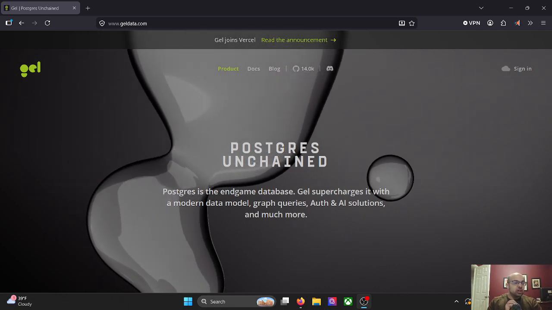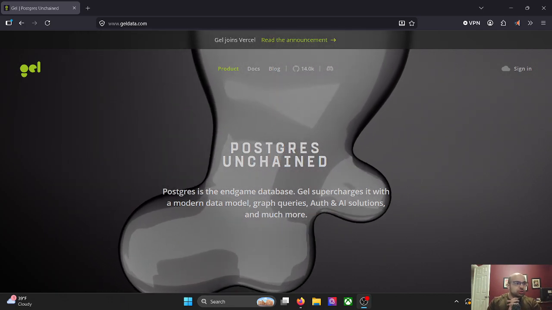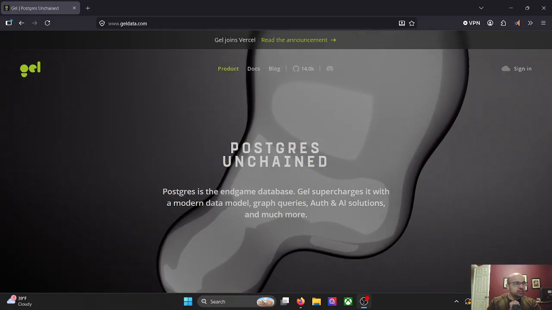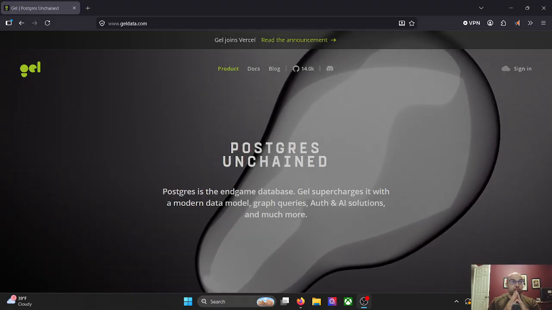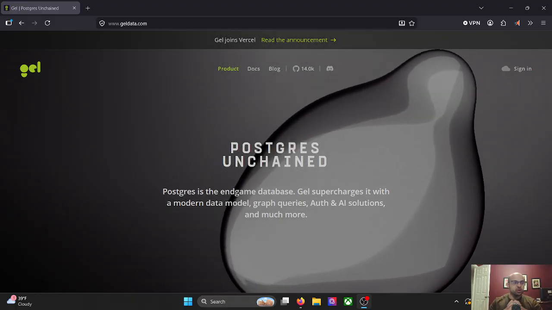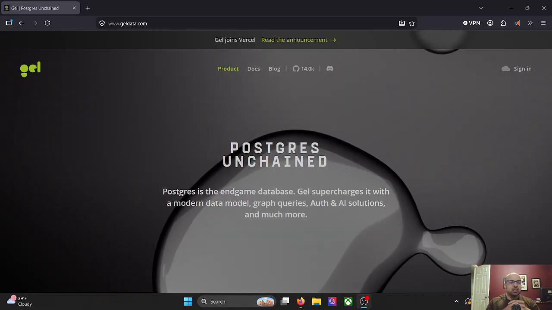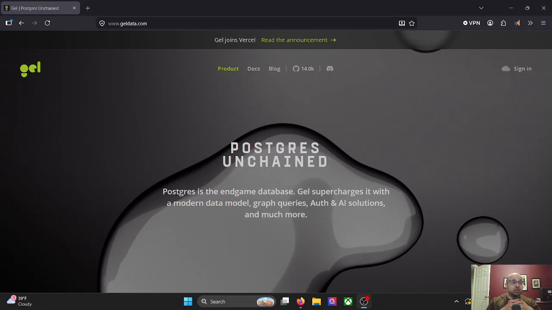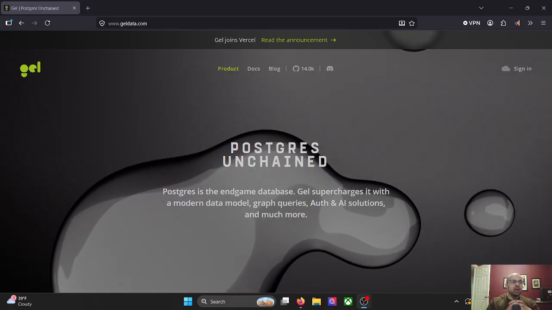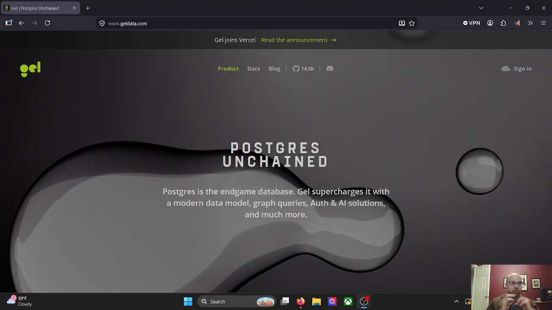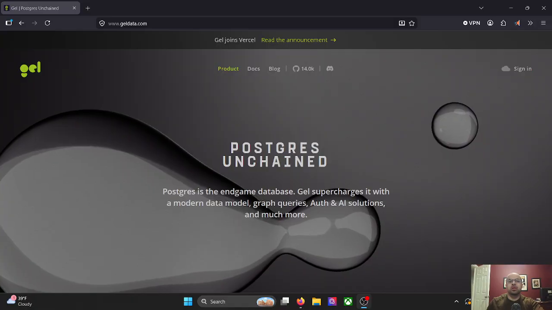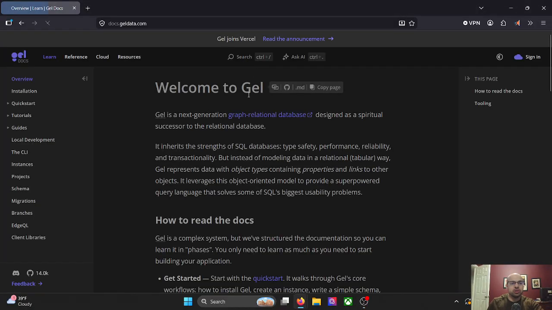Hello everyone. Today what I want to do is give a tutorial on the GelData framework, I guess would be a good way to call it. It's built on top of Postgres. Effectively, it tries to make Postgres easier to work with, and you can interact with it with a bunch of libraries. So what I'm going to do is go to the docs